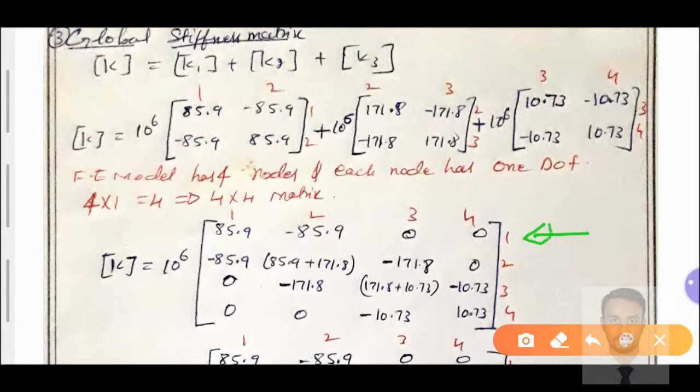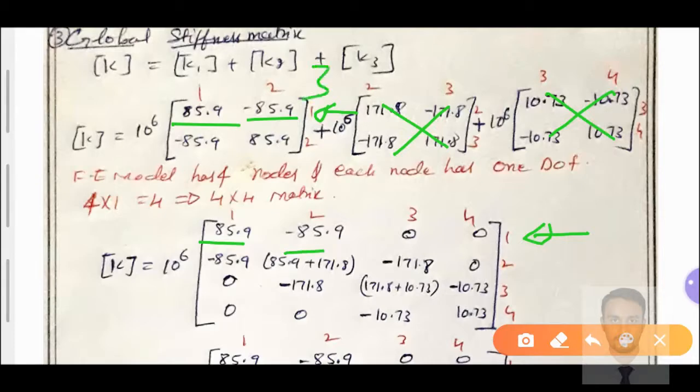We know that we need to choose the row first. We need to identify the first row, where exactly it is with respect to the position of the nodes and their displacement, which we have found using the elemental stiffness matrix. We have a first row in the first elemental stiffness matrix, but not in the second and third. The first row, first column, with respect to theta 1, equals 85.9, and the first row, second column value is minus 85.9.